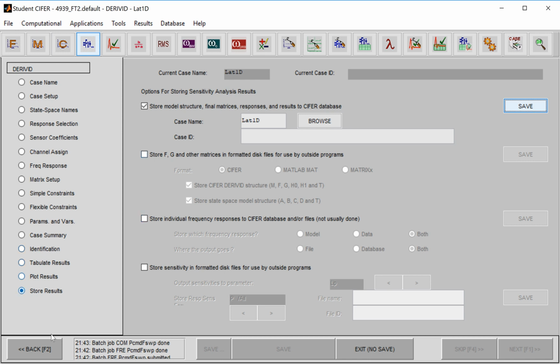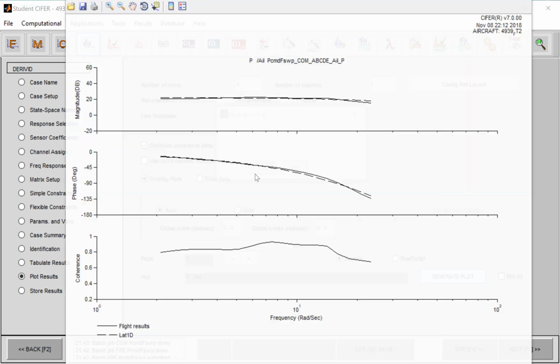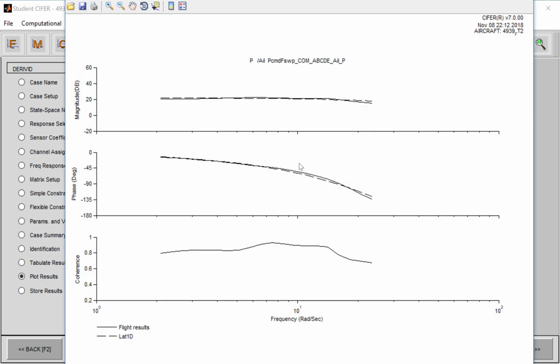Looking here to see if I have any other notes, but let me go back to this, and when we generate the plot again, it's worth stressing, this is a representation of how good the model is, but only in the frequency domain. So this is the frequency response of aileron to the roll rate. It's taken, how long is this? It's taken 13 minutes to get to the whole point of this video, which is how do you do this